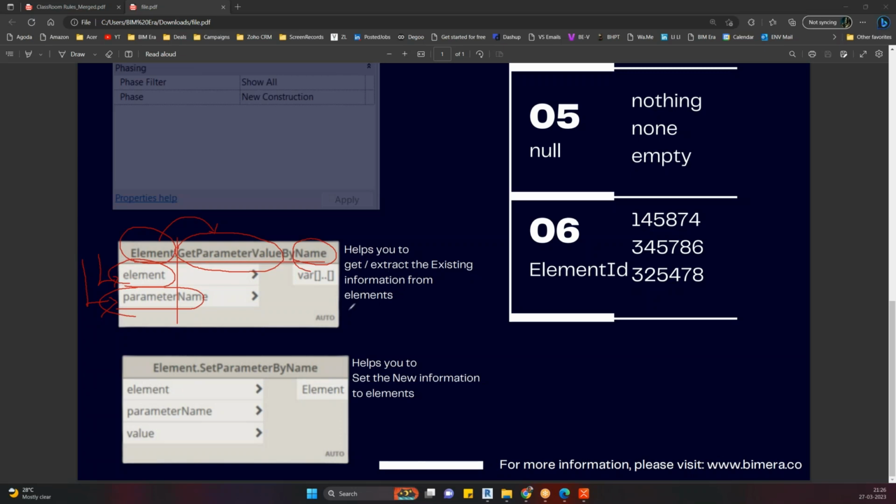What I have written here helps you to get or extract the existing information from elements. If it doesn't have that information, it will fetch null. Simple. If it has any information in it, then it will fetch it. Otherwise, it will be empty. Here there is one more node called set parameter. Set parameter in the sense, again,